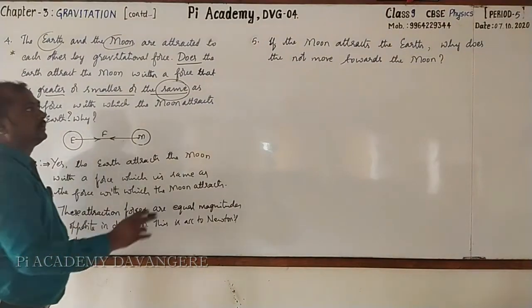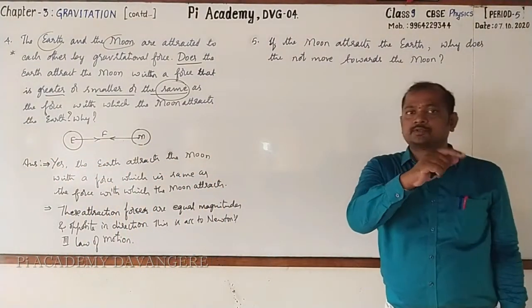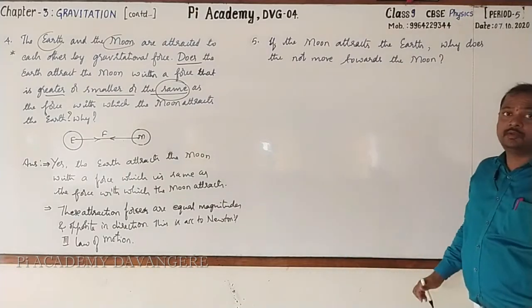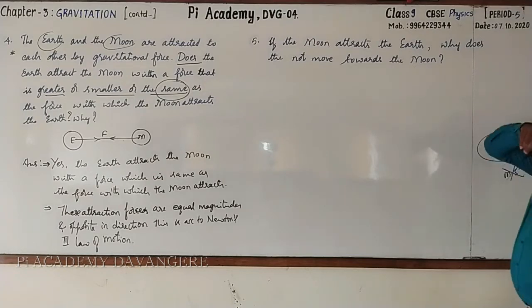Followed? Okay, now let's go for the fifth one. And before that, dear students, in the third one, we got the answer, that is 9.77. Actually, it is the force acting between the Earth and a 1 kg object. The unit of force is Newton. We had written meter per second square. Please strike it out and write Newton.